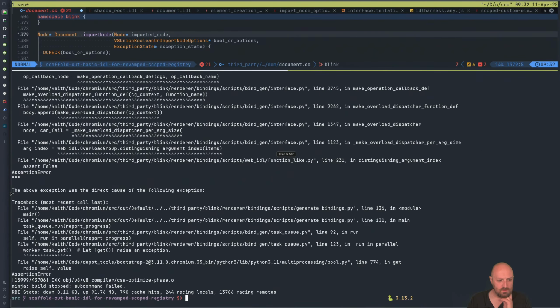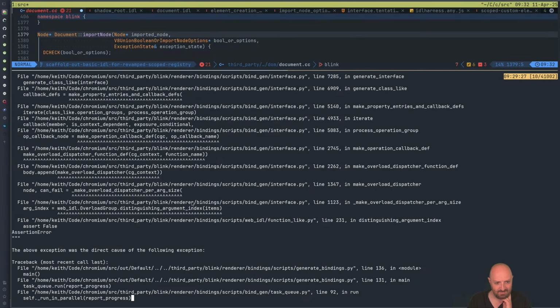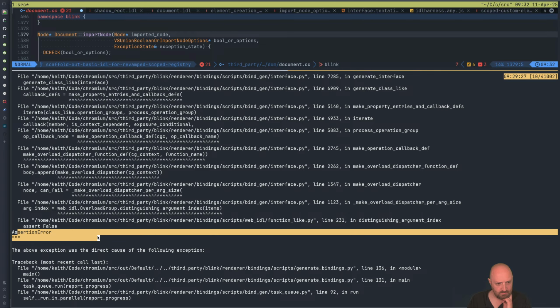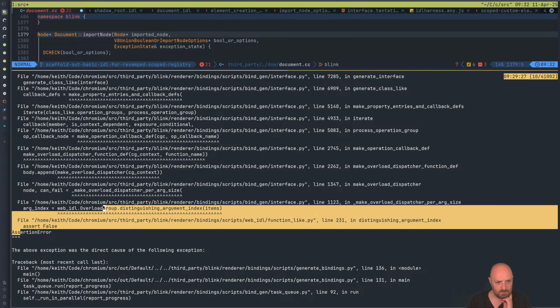I'm sorry, what? Where is the error? What is the actual error? Distinguishing argument index. So it's an assertion error because